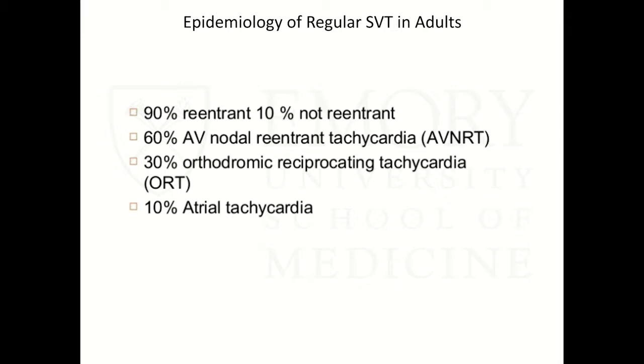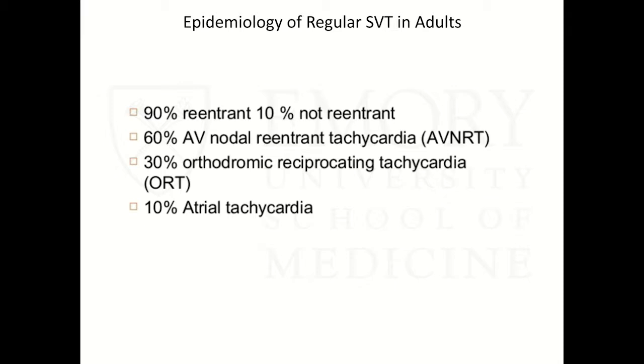We get a selection bias here because we have a lot of end-stage heart failure patients and other sick patients. So I think our non-reentrant arrhythmias are a little higher here, but this is kind of all comers. Of all SVT, AV node reentry you have to know. And so we're going to spend some time